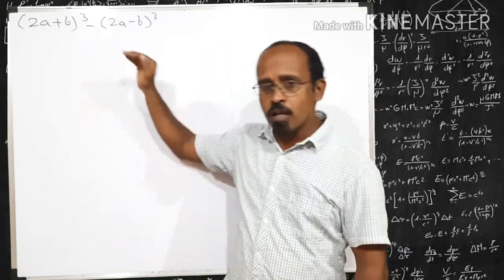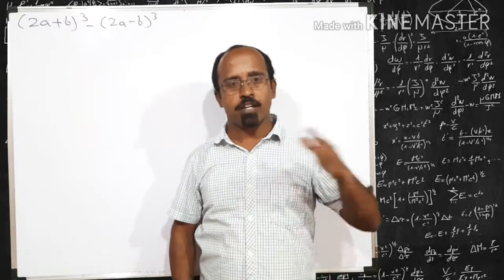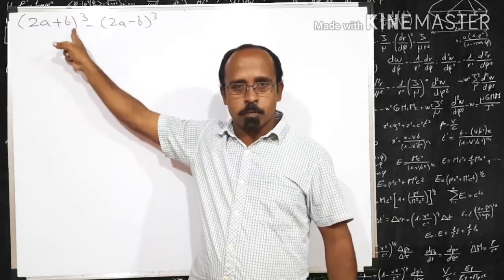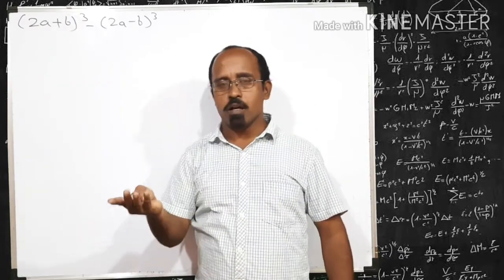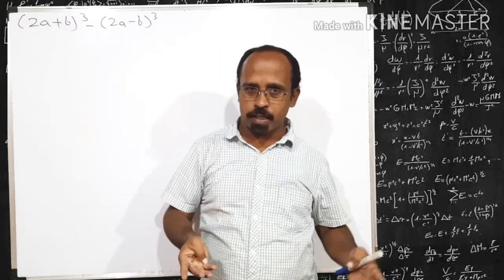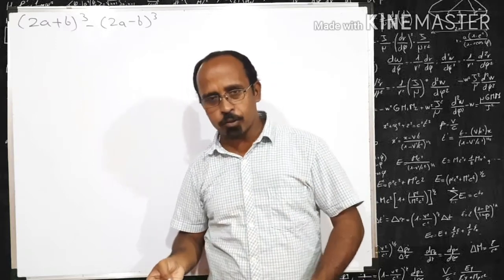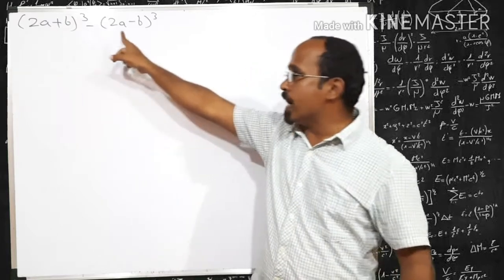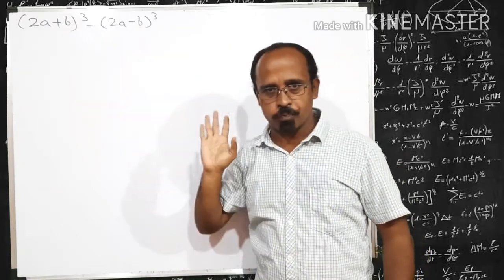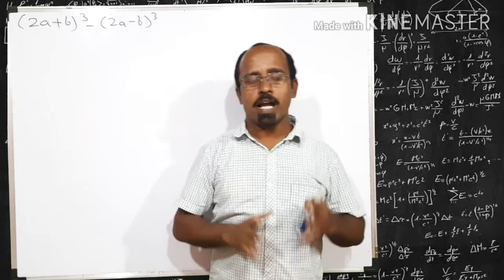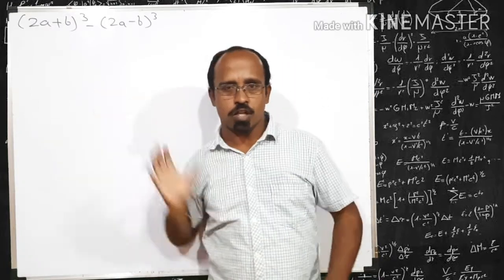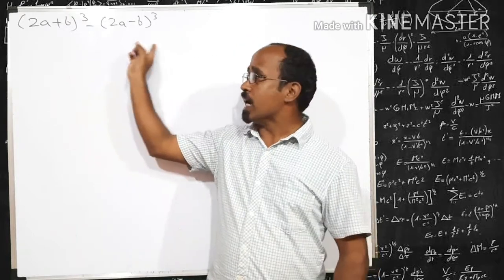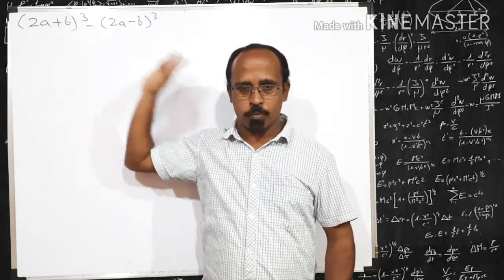Friends, in the expansion formula, we expanded various formulas. Among these, here two formulas are together. First place, which formula we can use among (x + a)(x + b), (a + b)³ and (a − b)³? Here we can use (a + b)³ at the first place, and (a − b)³ at the second place. In our last video, I explained to you the strategy to solve such kind of questions. The strategy is, first of all, write down the formula at the appropriate places.